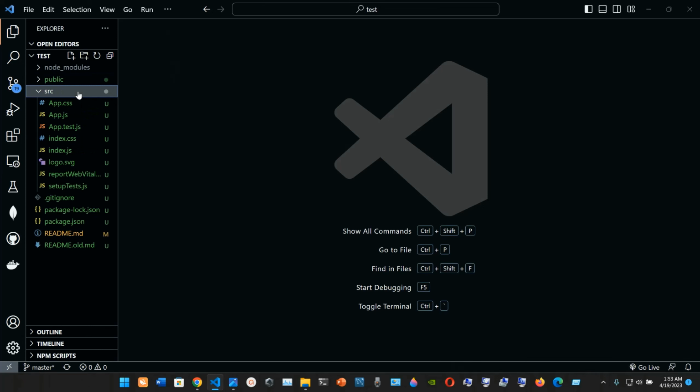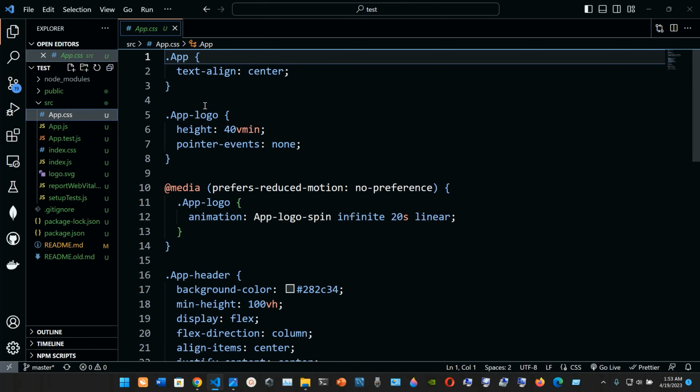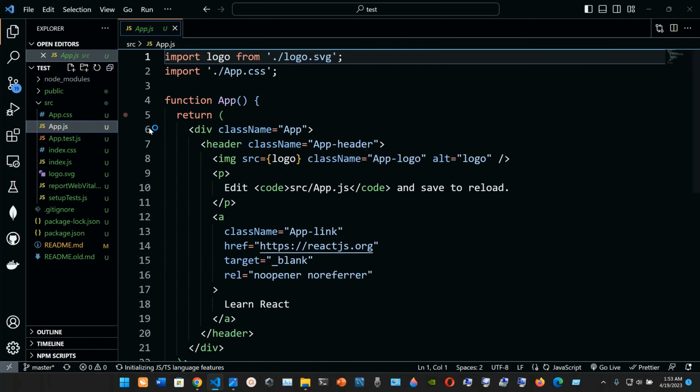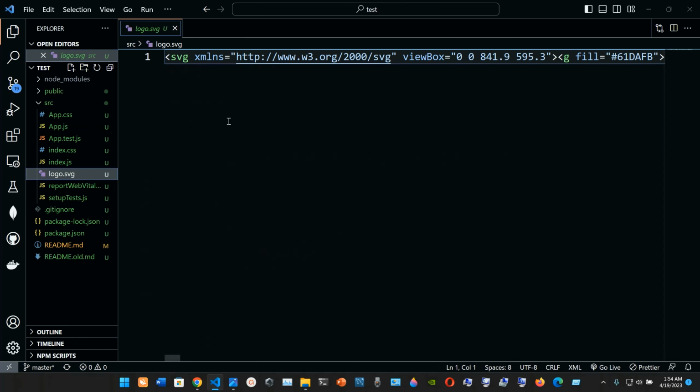Let's check our src, and this is the important thing. Here we have our App.css, so we're gonna have some CSS information here. We're gonna have our App.js, so this is the important thing. We're gonna import the logo from ./logo.svg, so they're talking about this one. As you can see, we're gonna import this logo, and all these files come by default when you install